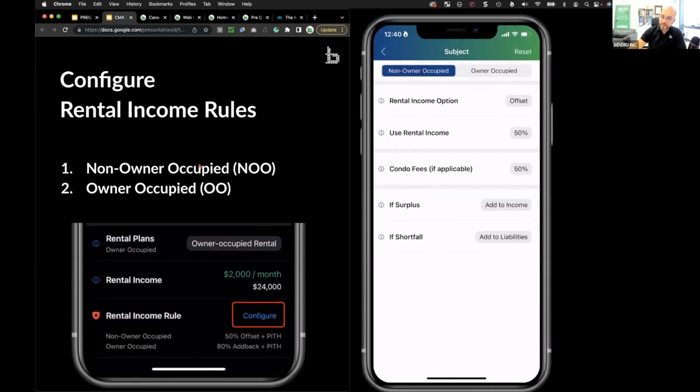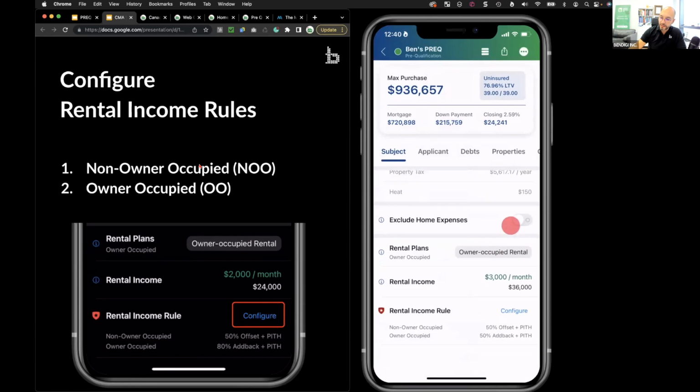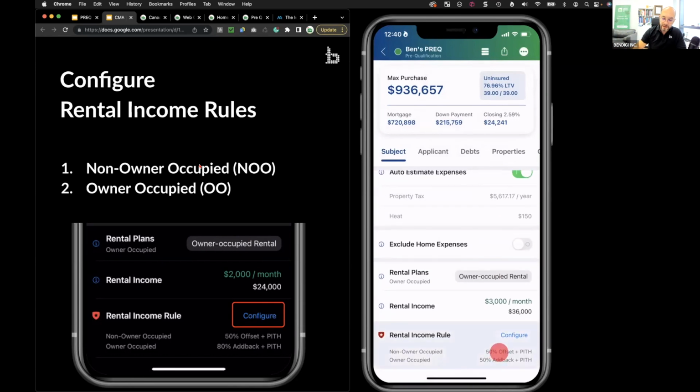Okay, so once you set this up, you can come back in here and look at it. It says 50% offset plus principal, interest, taxes, and heat. And the owner-occupied version has the add back, and it will use these rules to add to income and what percentage of it. For non-owner occupied, a full rental, Scotia will offset at 50% and also exclude home expenses, exclude taxes and heat. So you can just turn this on